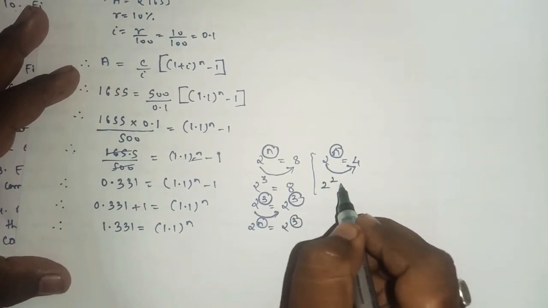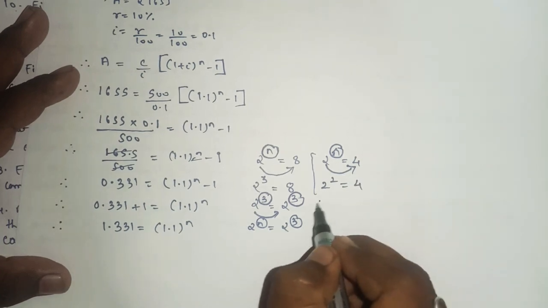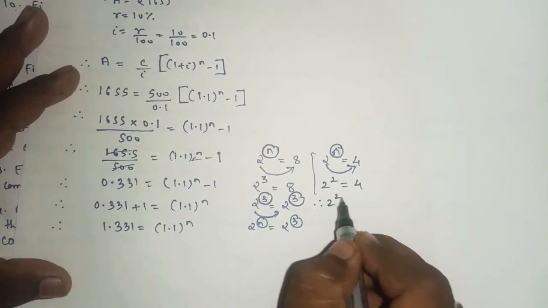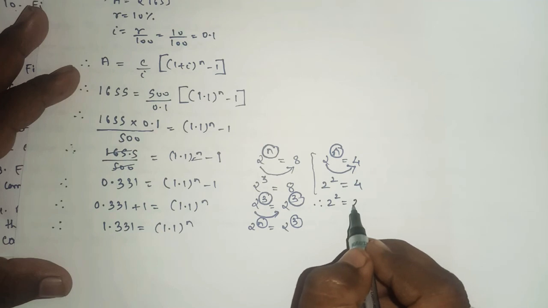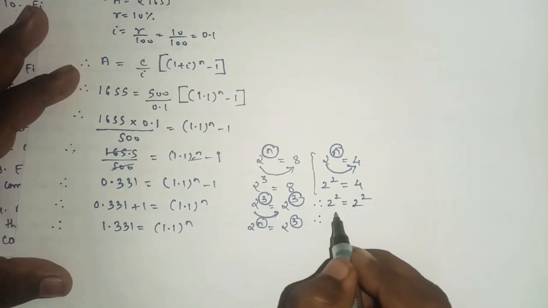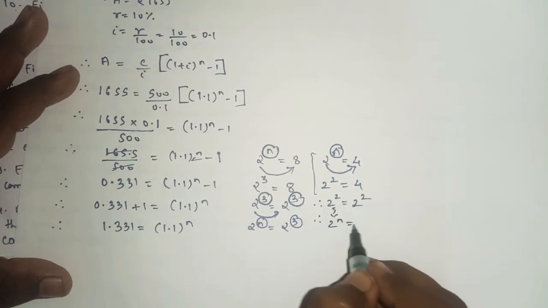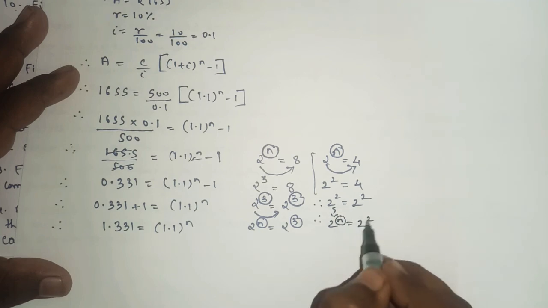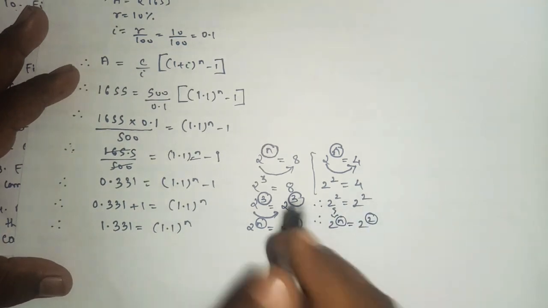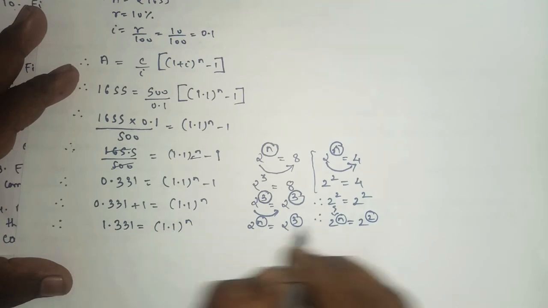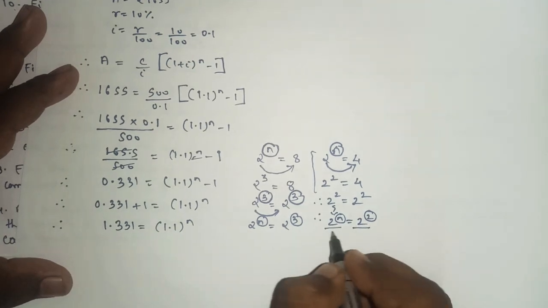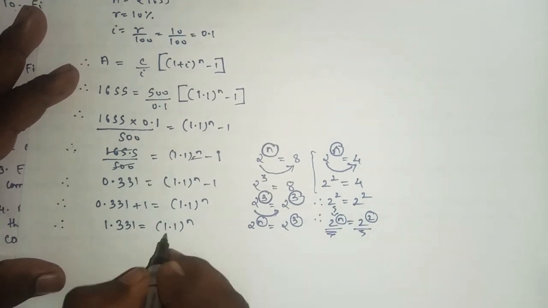So here also the same: what should be there that it should match to get equals to 4? Can I say 2 square equals to 4? So can I write this 4 as 2 square? So this 2 raised to n can be written as 2 square. So what is there in place of n? It is 2. So that means if you want to find the power n, your base has to be the same. So you have to make this base the same.